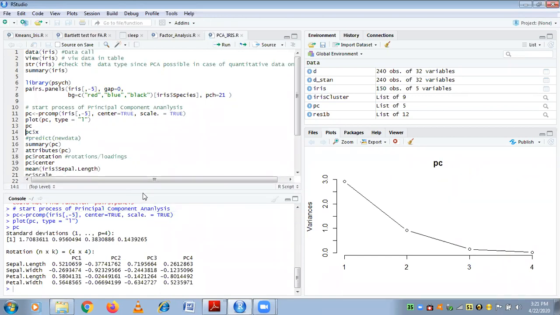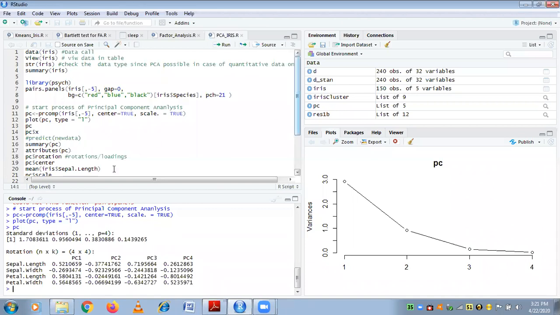It gives a standard deviation for all the 4 factors, and it was able to compute the values for principal components 1, 2, 3, and 4. Sepal length has a kind of high eigenvalue for PC1.